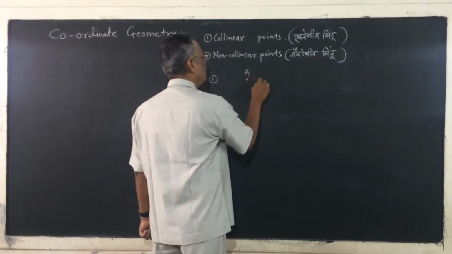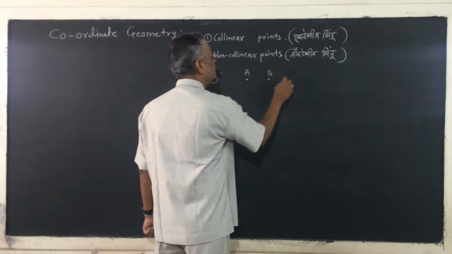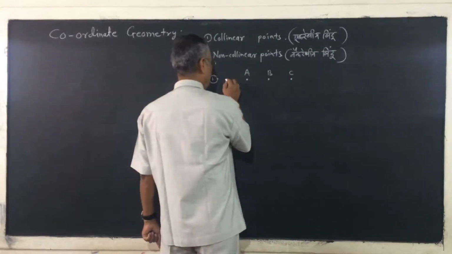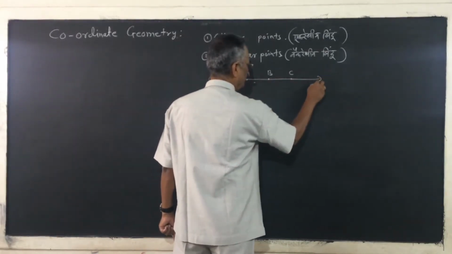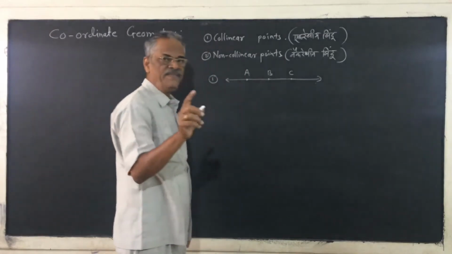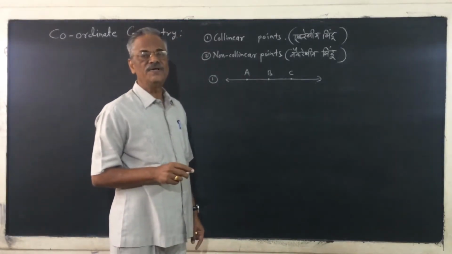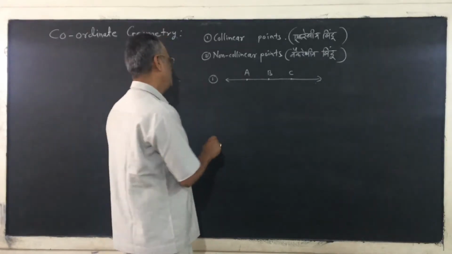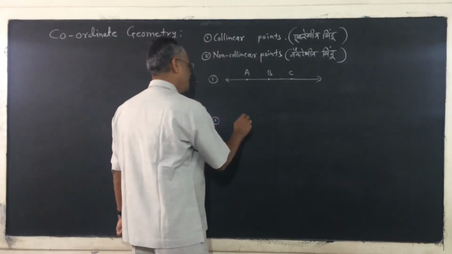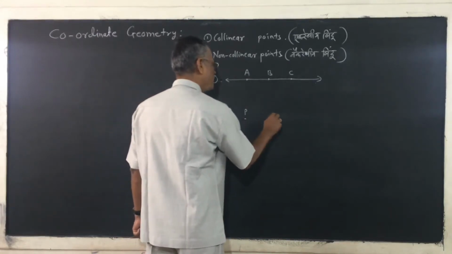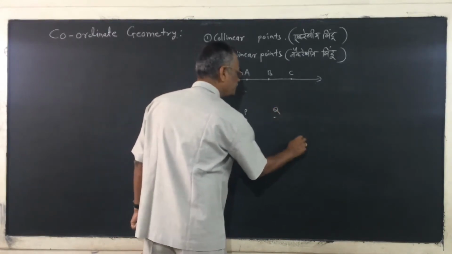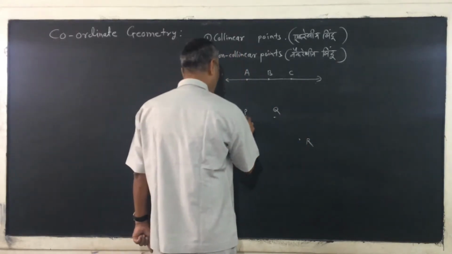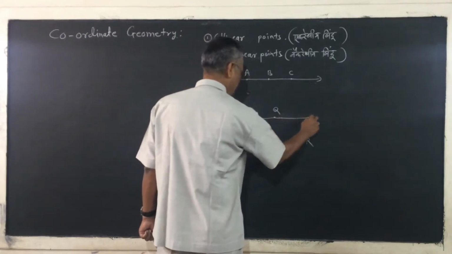If A, B, C 3 points are there, or more than 3 points, and there is a line, then A, B, C are called collinear points. And when 3 points are like this, P, Q, R, and if we draw a line,